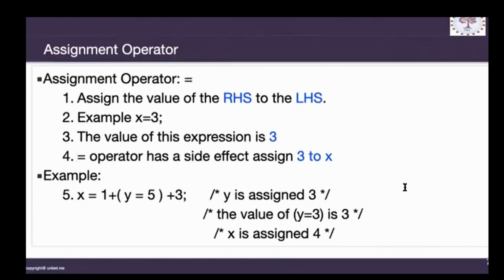Side effect means that you expect it to do one thing, but you get some different output. So you need to understand in what manner you have to write, so that things become very clear and you also get the right output. It happens sometimes when the expression becomes very complicated. So always try to write simple expressions. Go to the next line and then write the next expression. Do not try to put multiple operators into one expression, otherwise you may get confused and it may give you wrong results. So try to avoid complexity and keep things as simple as you can.